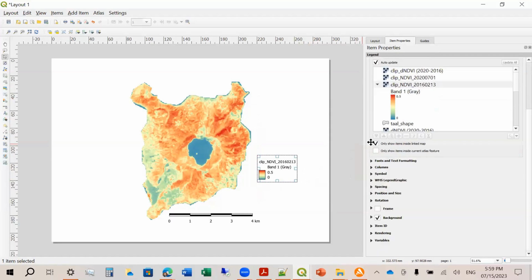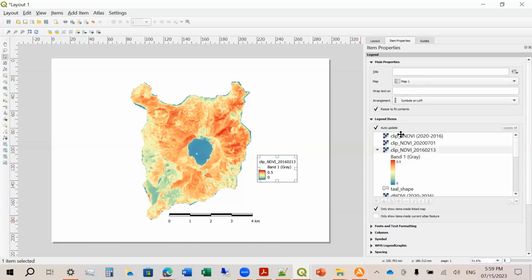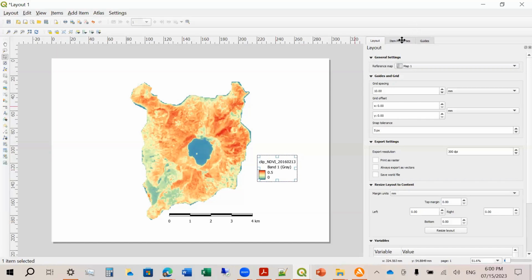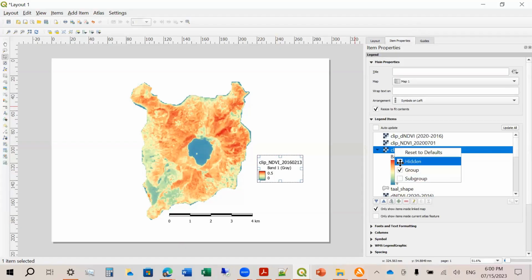For font and text, you can change that. How did I get here? The layer properties. So this one again. I want to remove this now. So we can check hidden, sorry, group hidden. You can hide this layer or this name here.